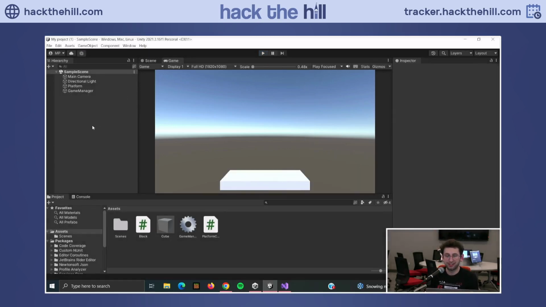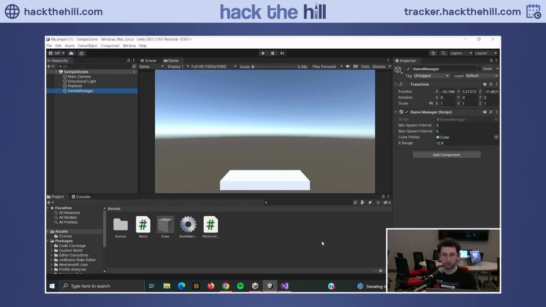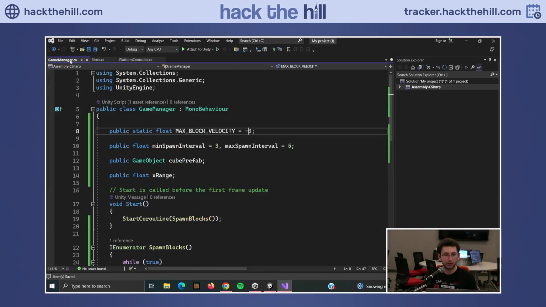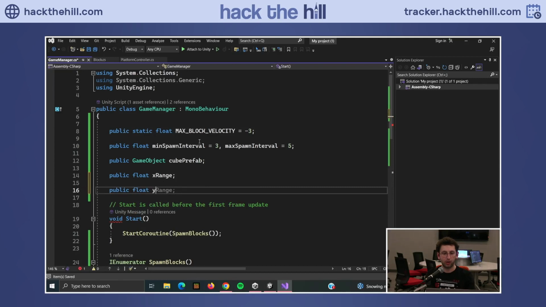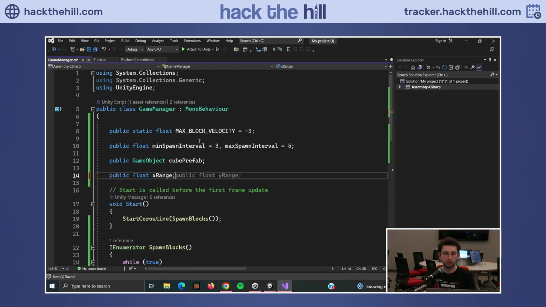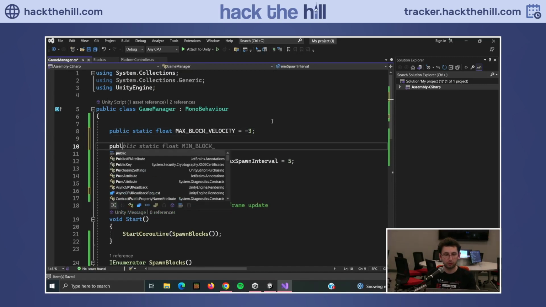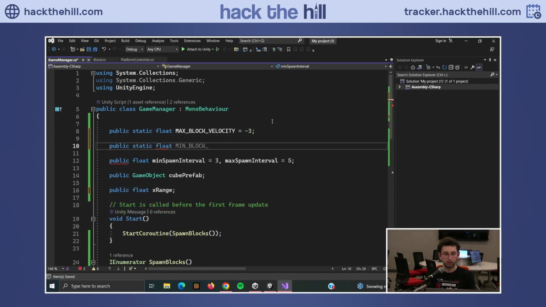All right, here. So we're going to go to our game manager. We're going to go to the script, and we're going to add a new variable here, another public float. We're going to call it y_limit. Wait, we'll make it a public static float because the block class will need to access it. So let's make it public static float y_limit. I love the naming conventions for